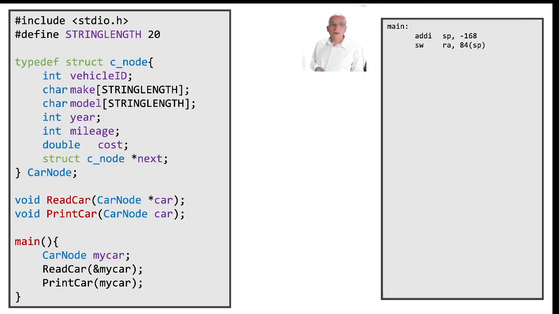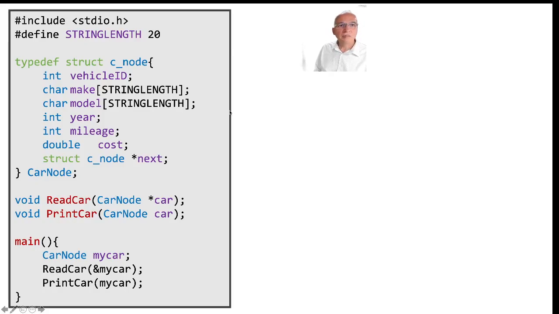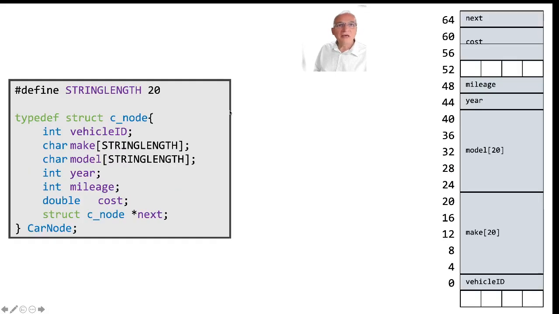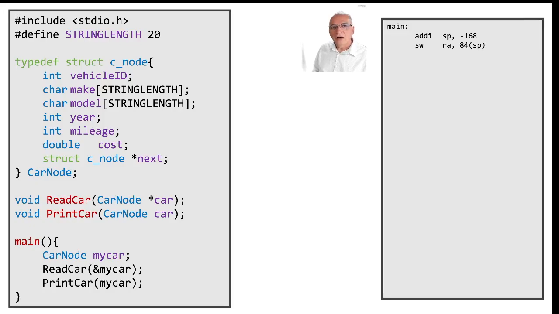So now what I want to do is to take a look at the assembly code that's generated for the C code. The first thing to notice is that I'm reserving 168 bytes in memory, and just so that we pay attention a bit, notice that my car occupies 68 bytes in memory. So the first thing that we need to consider is why I'm using so much space in memory in the stack for my function, and the reason for that will become clear pretty soon when we generate the code for